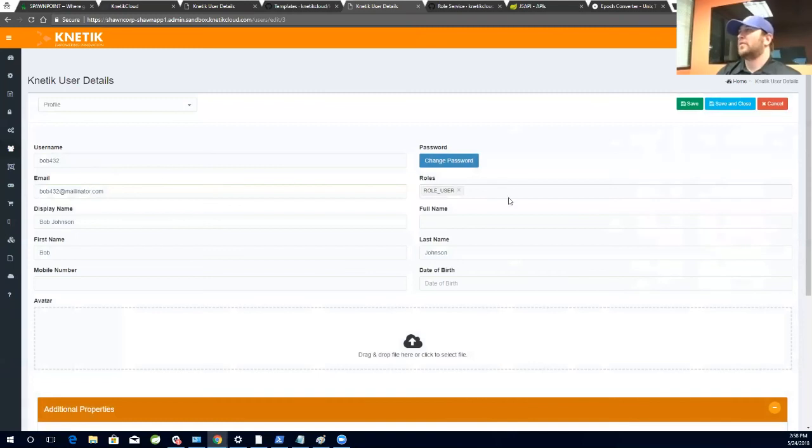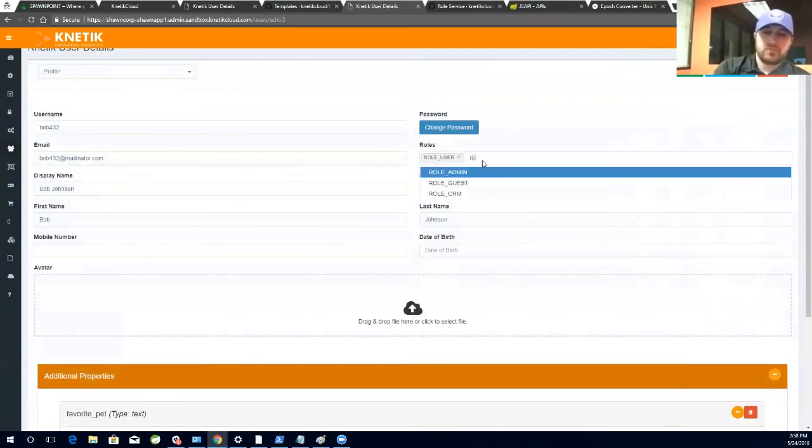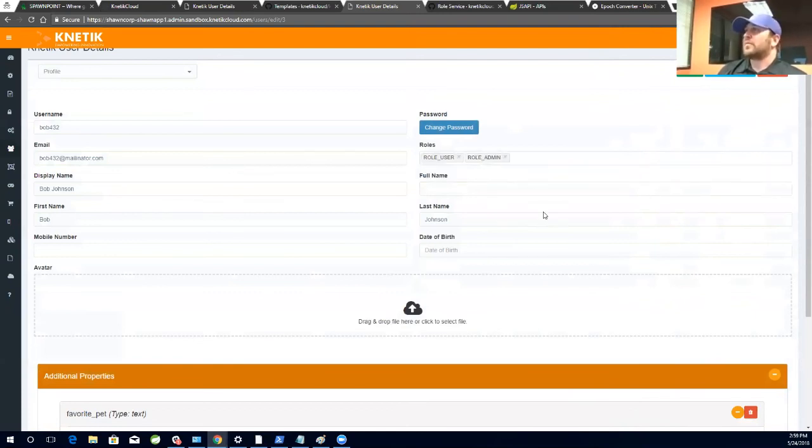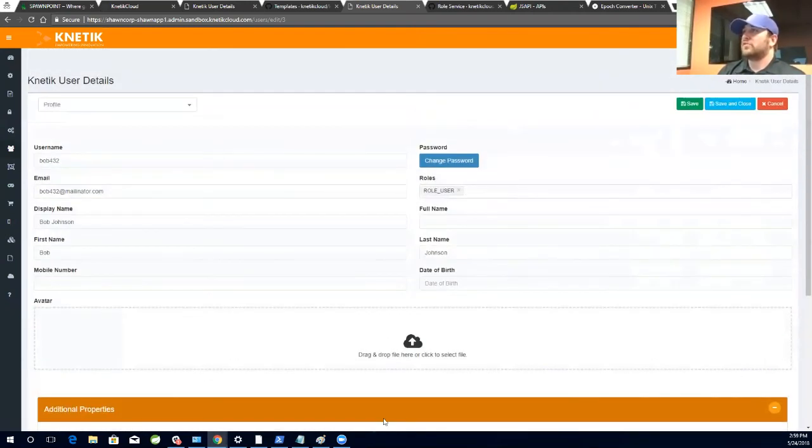You could pick Bob, and then you could give him the, oh, that's right. To cheat for now, we could say, okay, Bob is also role admin, and Bob could create articles along with a bunch of other things. To give a user